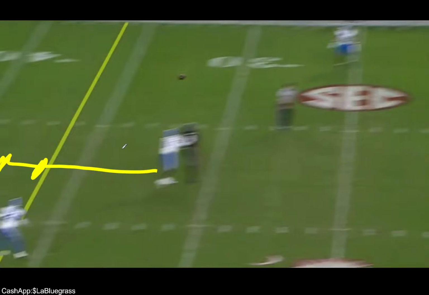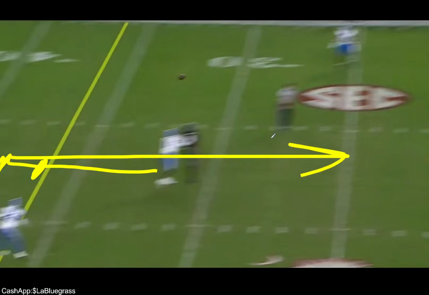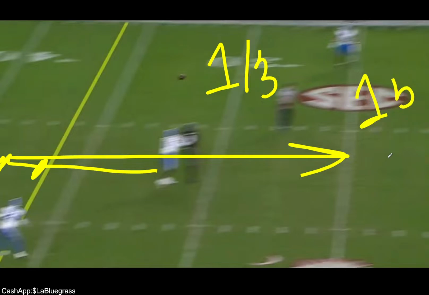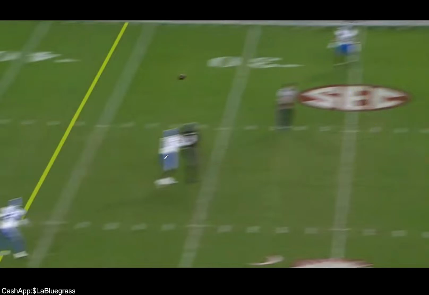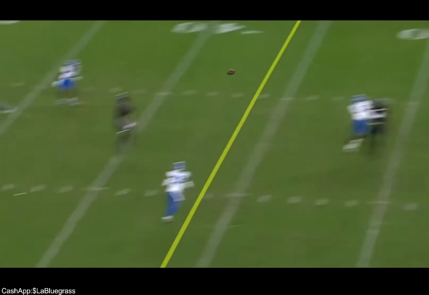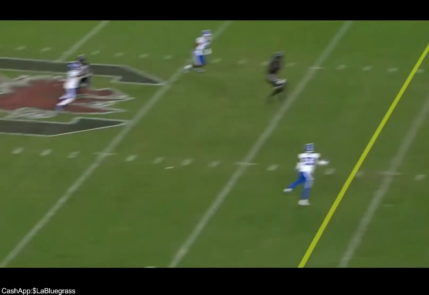Here's why, y'all. If your eyes are on the quarterback, how far should you break on the ball? You should break on the ball 1/3 of the distance of the throw. It is 3rd and 15. That's 5 yards. You can be away and still make a play at the sticks. If he's in front of the sticks, I can be a little bit further if I'm comfortable in my tackling ability. So if Afari is here, that could be a pick, right? I'm not sure if that's his responsibility, okay?